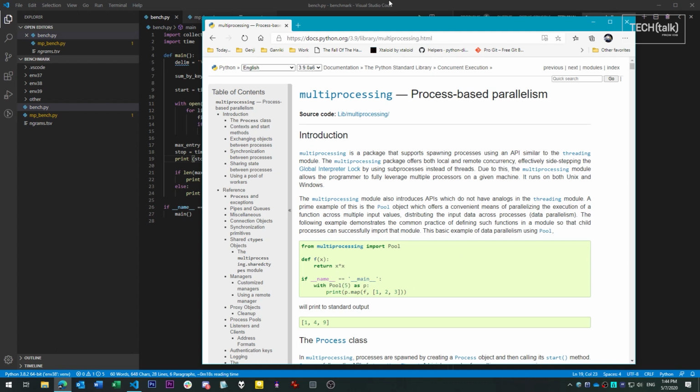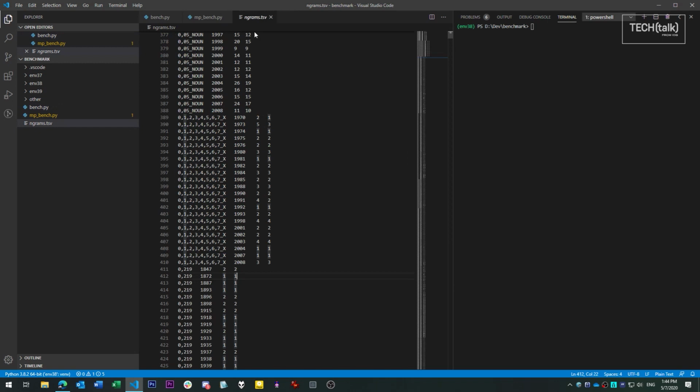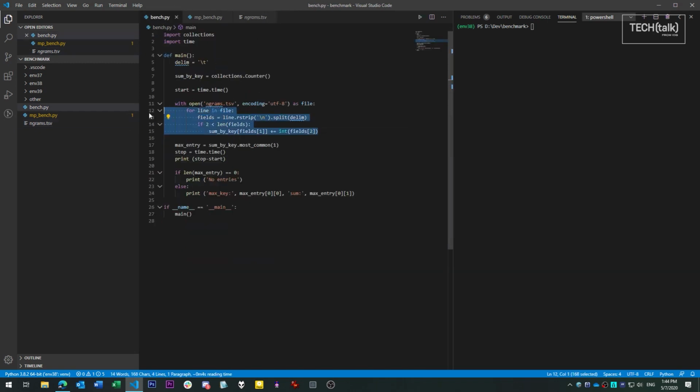What I'm going to do here is take a simple benchmark application and show you how multiprocessing can be used to speed it up. The benchmark reads a large CSV file taken from Google's Ngram database, about 187 megabytes, and tallies some statistics from it. On my system, an i7-3770K processor, it takes around 11 to 12 seconds to run the benchmark.